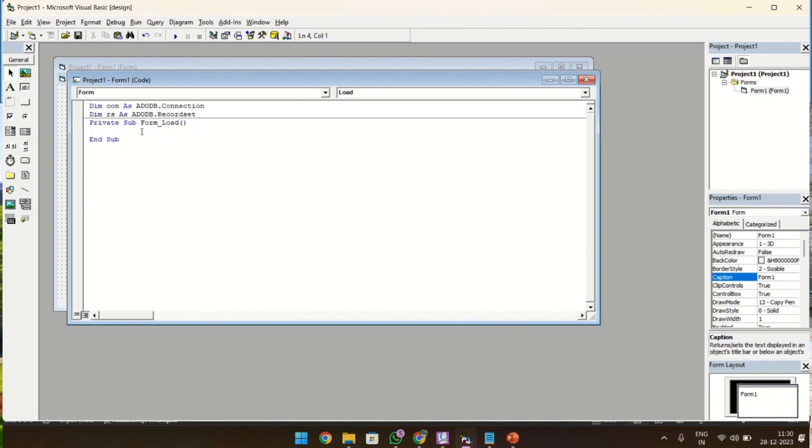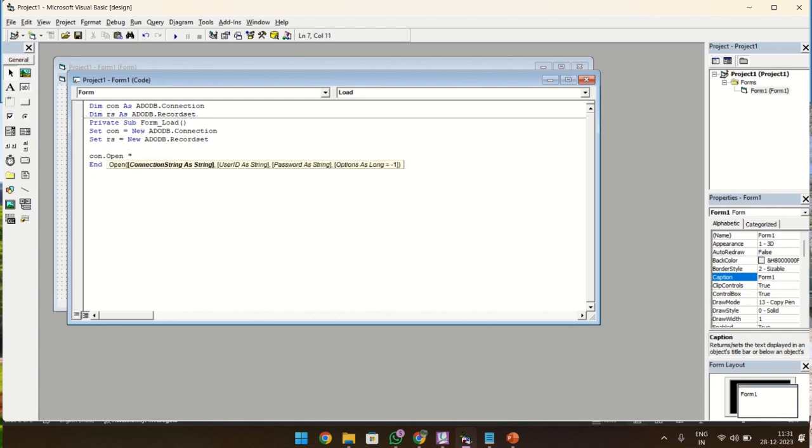In the form load, we are going to set the variable con is equal to New ADODB.Connection, and set rs as New ADODB.Recordset. Now I'm going to open the connection, con.open